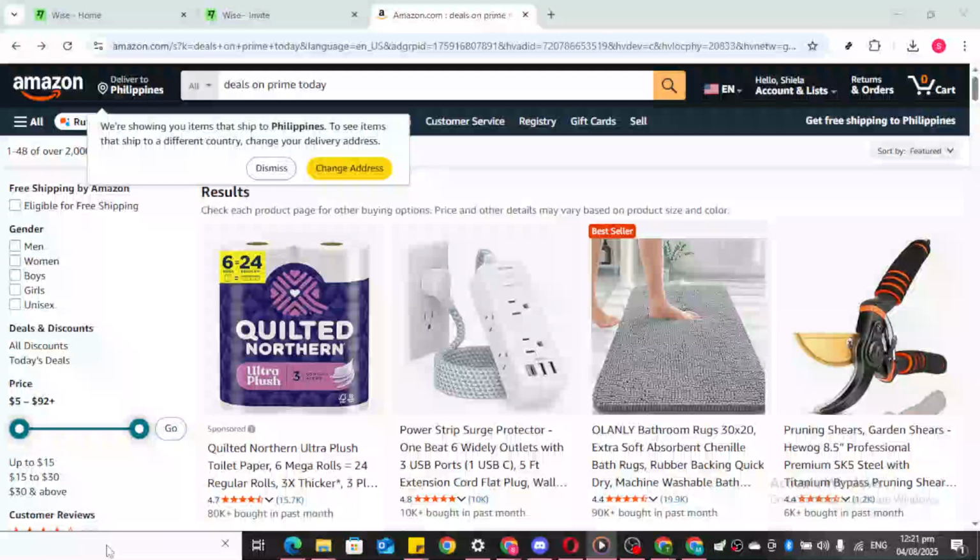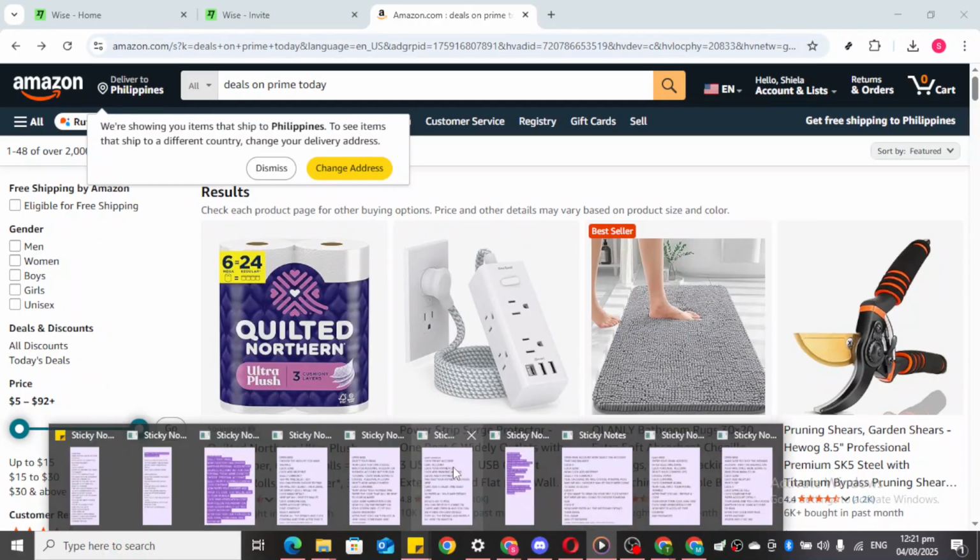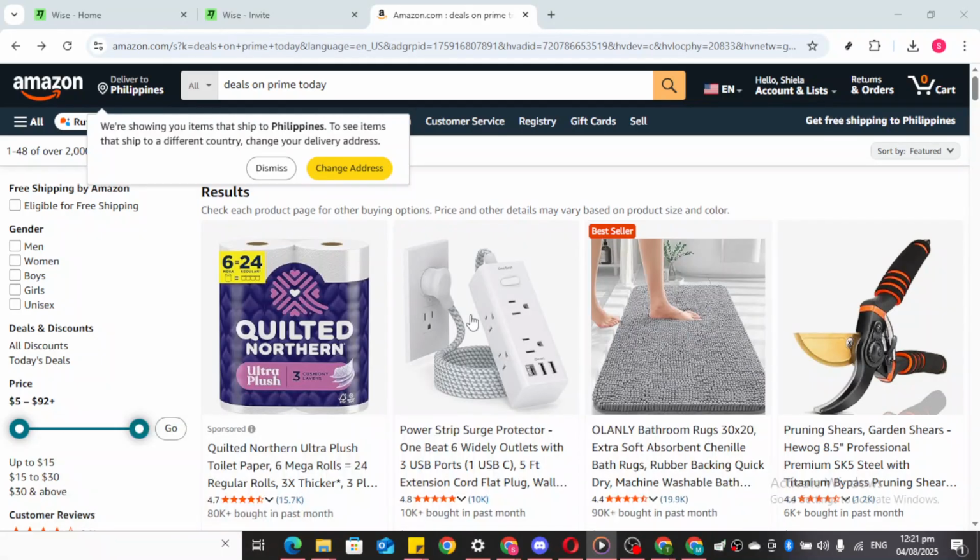In today's video, I'm going to teach you how to connect your Wise account to your Amazon account seamlessly. This integration allows you to manage your payments across platforms with ease. So, let's walk through this process together, making sure you have all the information you need to link these accounts